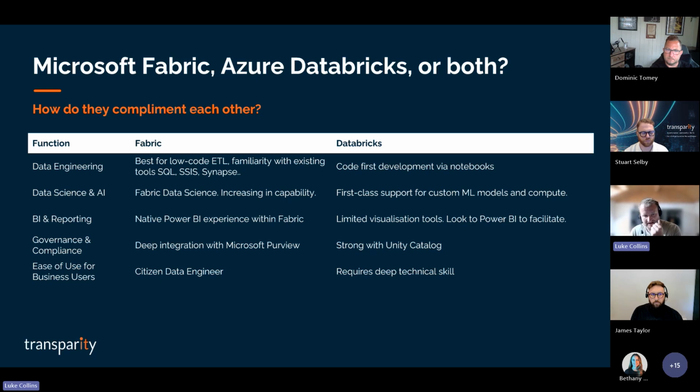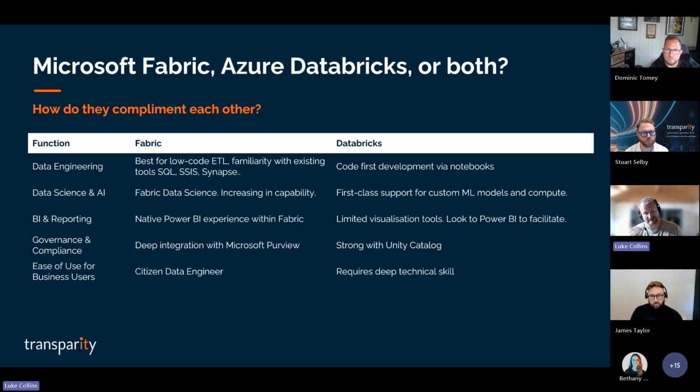Obviously, we mentioned Databricks there, and I appreciate that some of you may already have been exploring Databricks and are looking at potentially Fabric as an alternative. Actually, I think it's potentially a case of why not both. A real use case we see is where a lot of data engineering effort has potentially been spent in Databricks, and they're now looking at how do we go beyond the really mature data engineering experiences within Databricks, and how do we start to model and visualize that data, and that's where Fabric can obviously come into play as well. So I think the real differentiator between Fabric and Databricks is that barrier to entry. Fabric is obviously much more of a low code, ETL driven